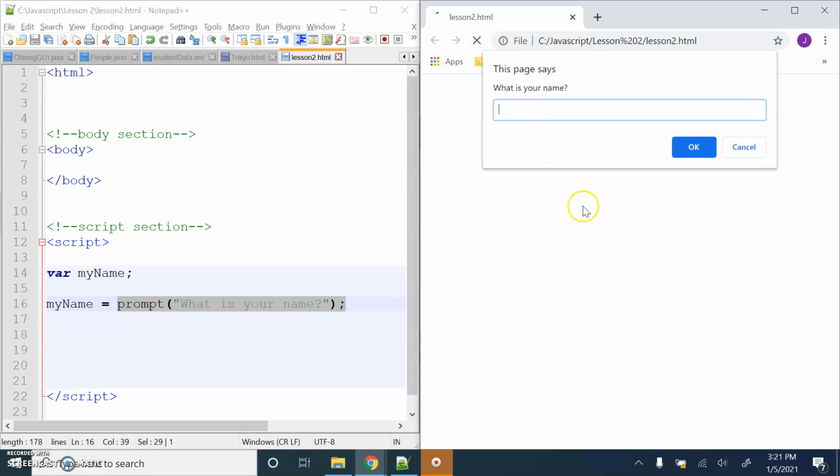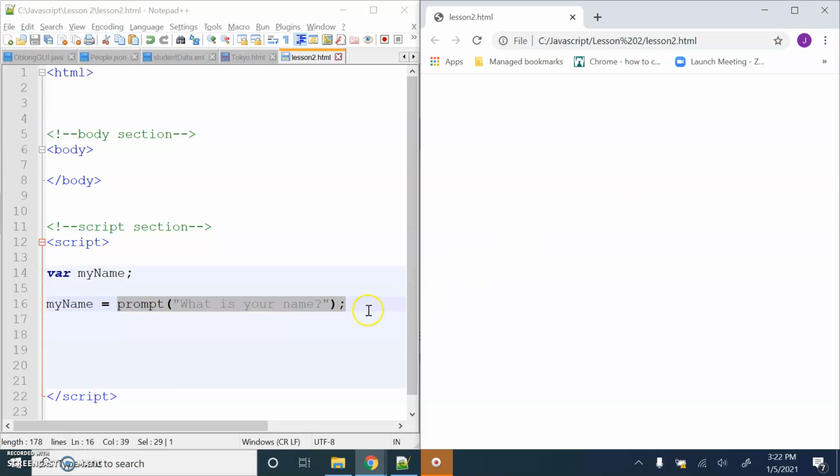So we've come into the JavaScript. This variable has been created. That's fine. That's happened. Now we're here. We're at this little bit of code here. The prompt box has opened. What is your name? So that's the prompt. So if I type in here Mr. Moosey and do OK, when I press OK, that data is going to be assigned to that variable. Right? So if I do OK,